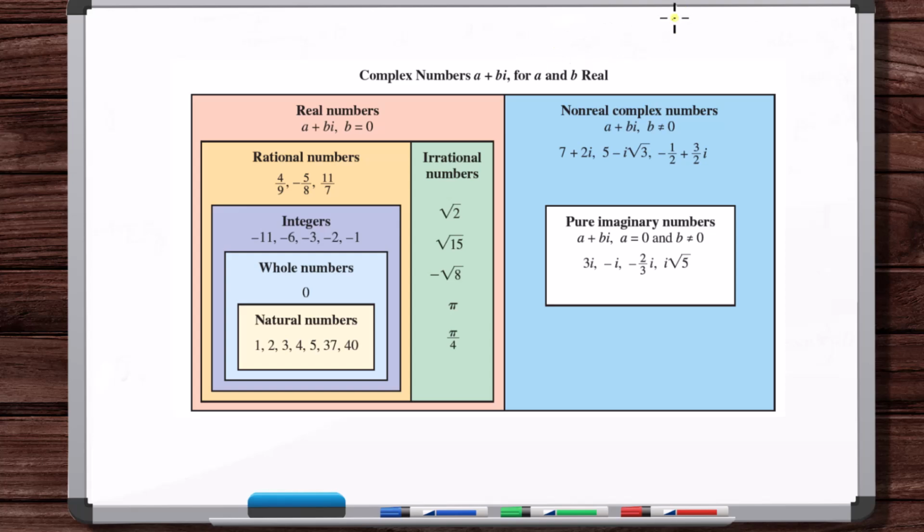Okay, but now if you have something like this, then you call it a non-real complex number. And if you have something like this, which you can write as 0 minus 4i, that's a pure imaginary number. Okay, so with that,